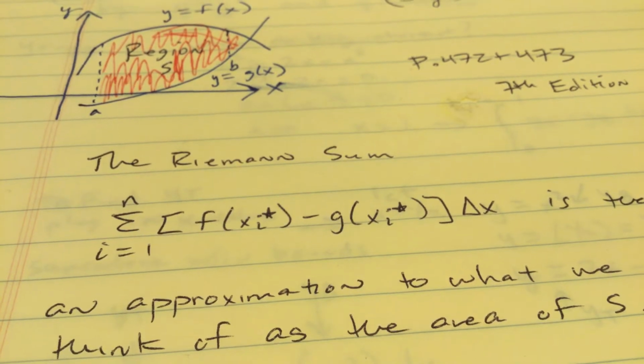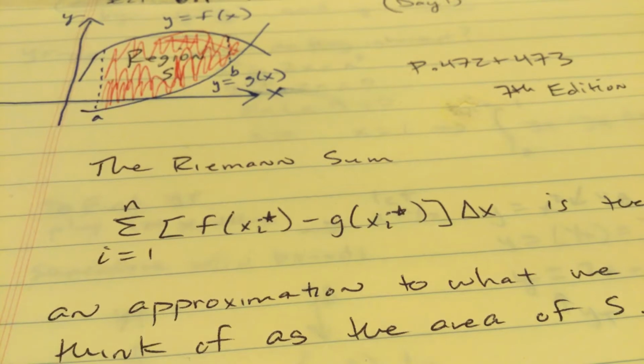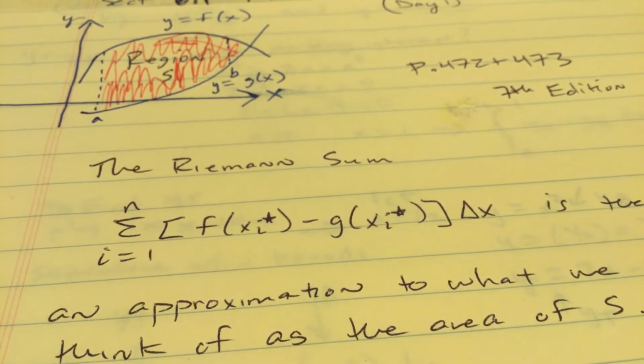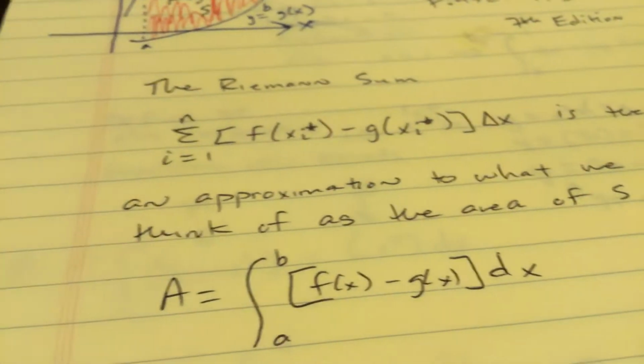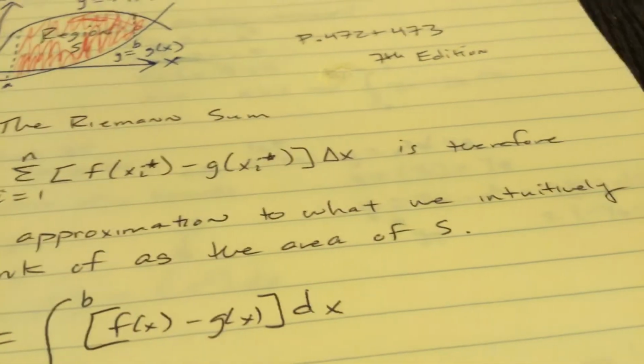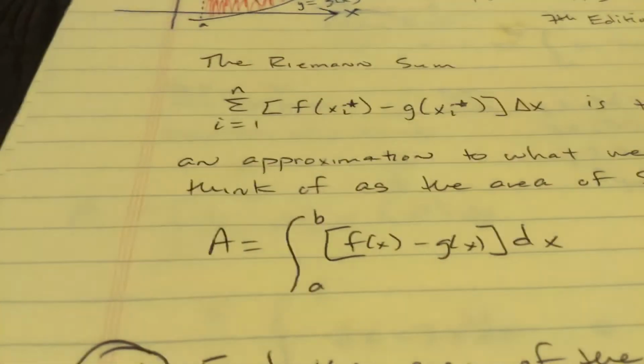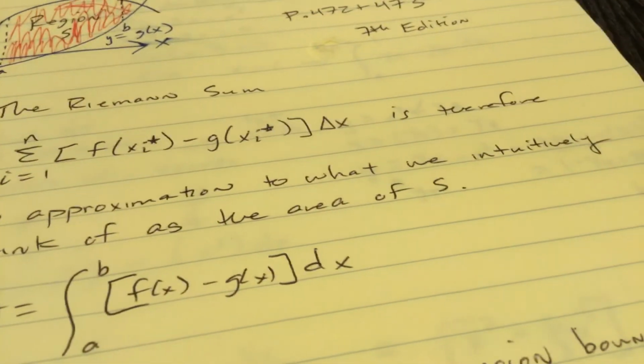Again, we did that with the approximating rectangles, right endpoints, left endpoints, midpoints, is therefore an approximation to what we intuitively think of as the area of